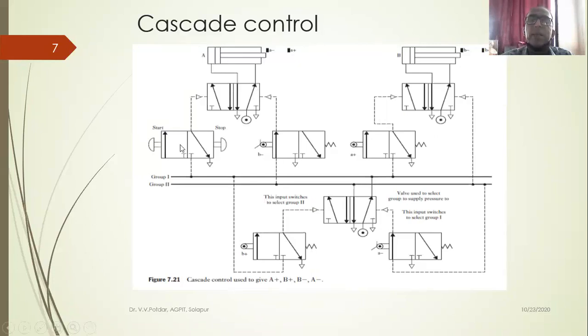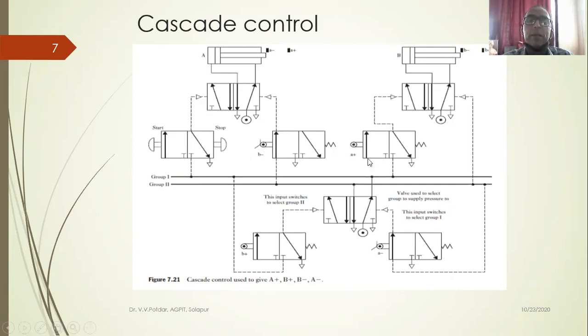All the arrangements are the same. The 3 directional control valves, totally 1, 2, 3, 4, 5, 6, 7, 8. So one is a push button directional control valve. These are pilot operated valves, 3 pilot operated valves, and 4 limit switch operated directional control valves.